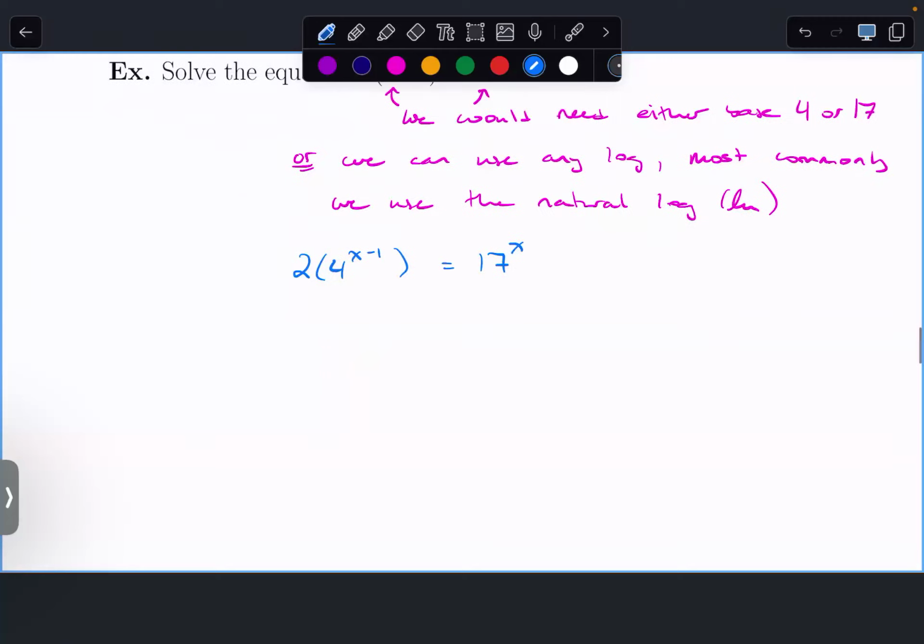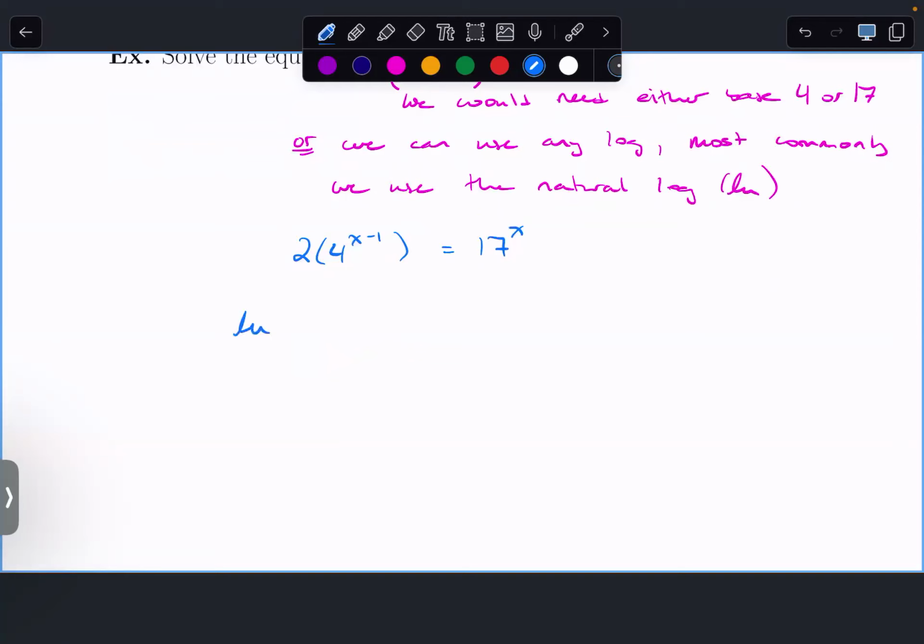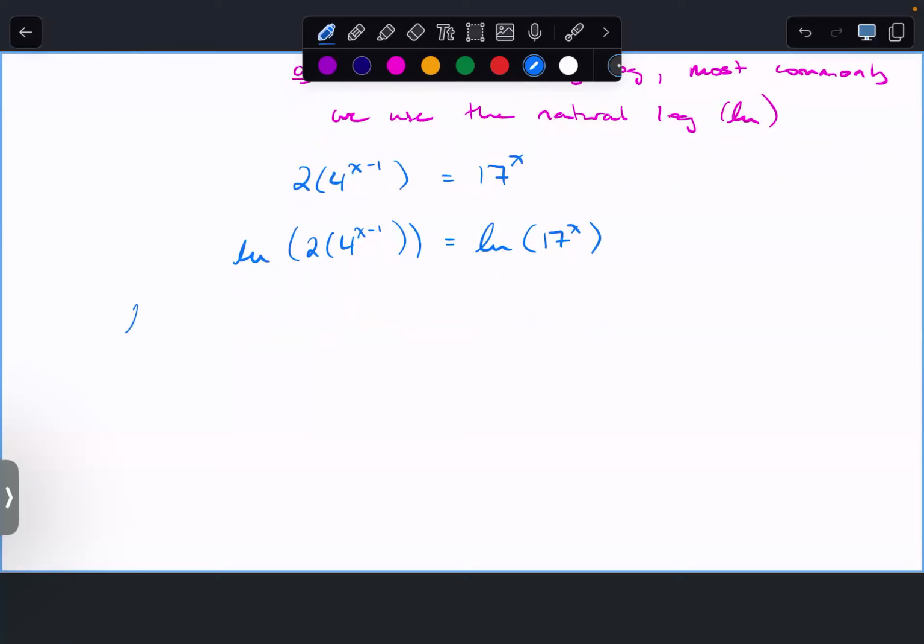So now, if I take the natural log of 2 times 4 to the x minus 1 is the natural log of 17 to the power of x. I take the log of both sides. We've got some simplifying we can do. I have multiplication inside my first log. I know the log laws tell me that I can kind of splinter these two and say the log of 2 plus the log of 4 to the power of x minus 1,